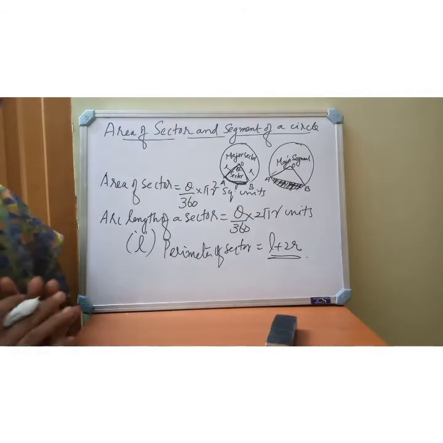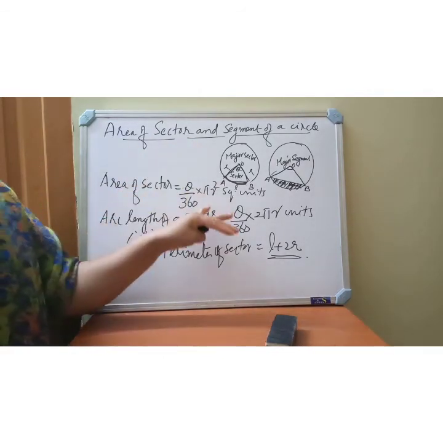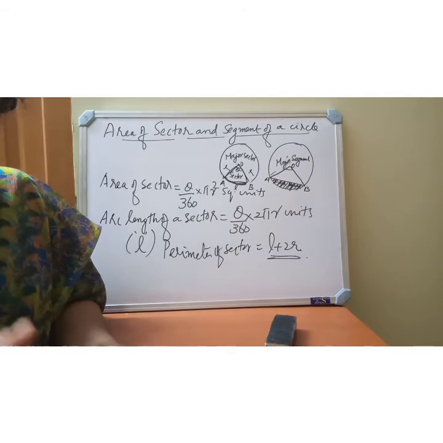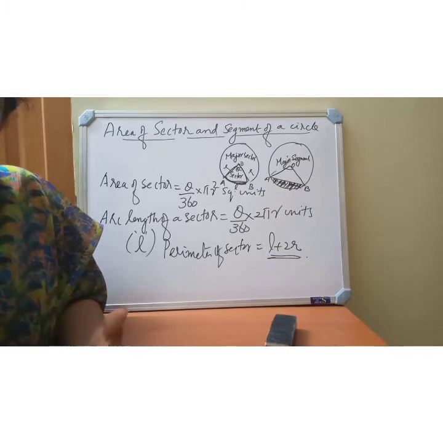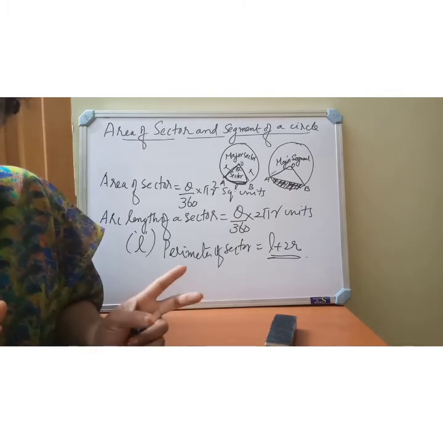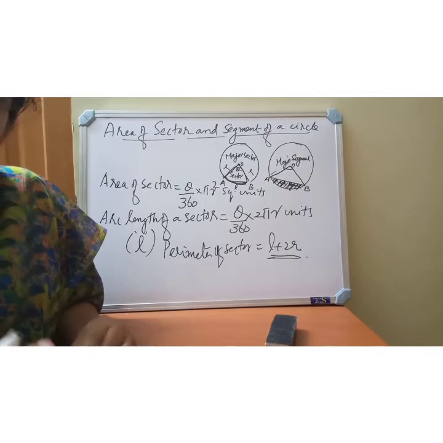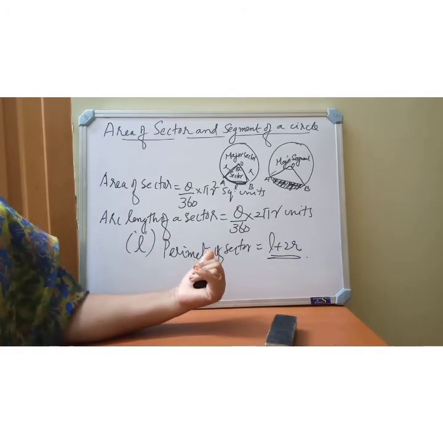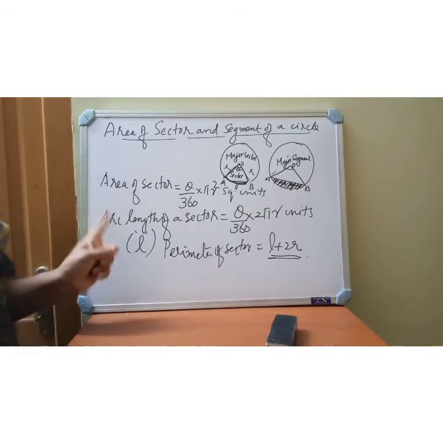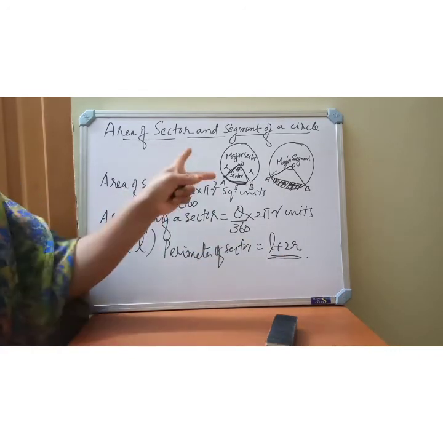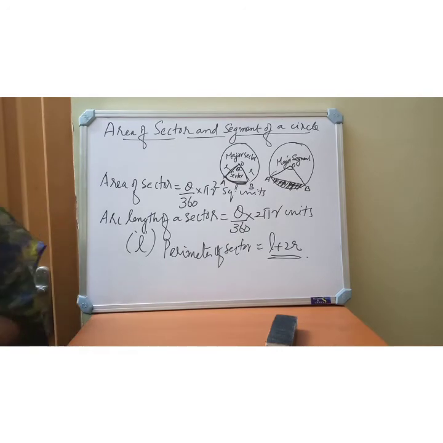Okay. Understood the concept clearly? Because if you know the formula only, next exercises we are going to deal. Same pattern of questions we will not do it. Next module onwards, in interactive sections we will give the extra questions. You have to practice by yourself. Same pattern of 2 or 3 questions alone we will teach on the board. The rest same pattern with different values you have to practice how much you can. If any doubt is there, interactive section you have to clear with your teachers. So see that the formula for area of sector as well as the arc length of a sector and perimeter of a sector is L plus 2R. So these 3 formulas you have to learn by heart first.